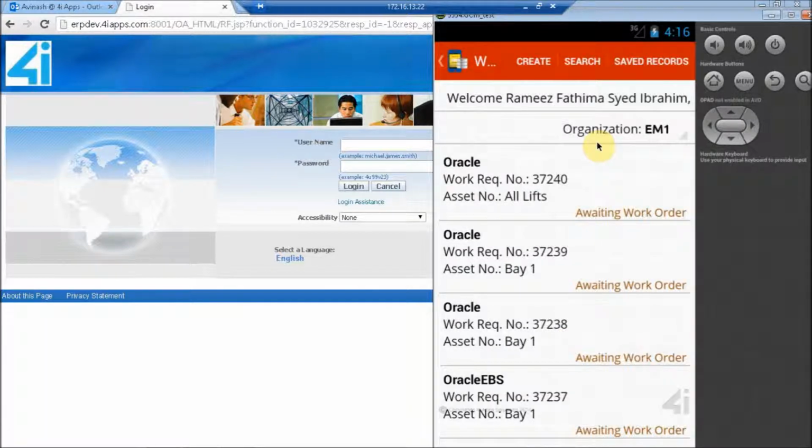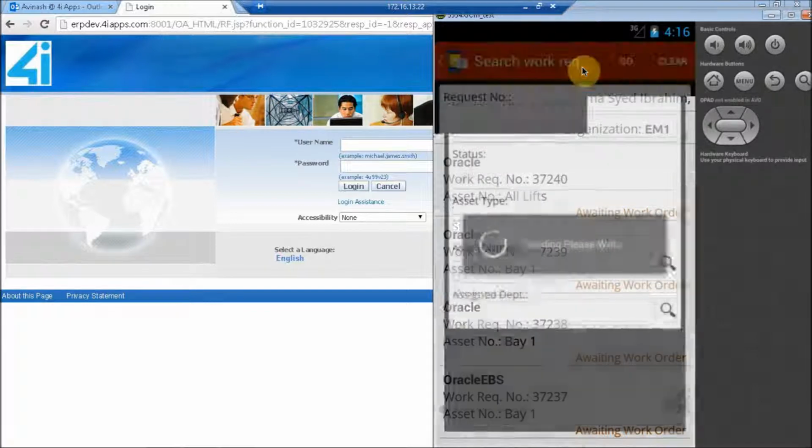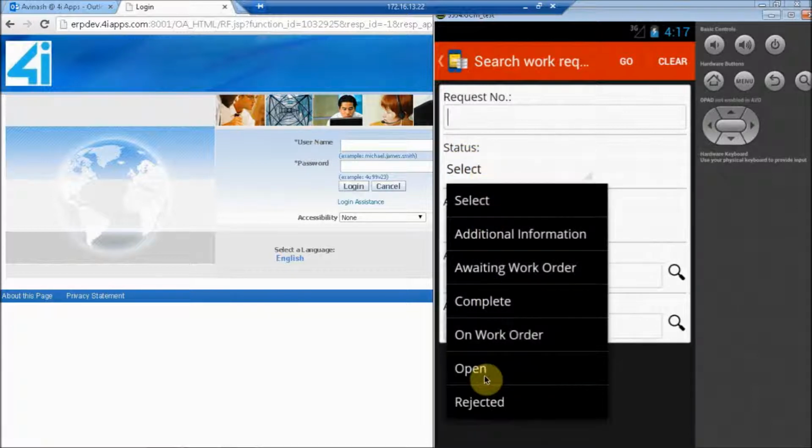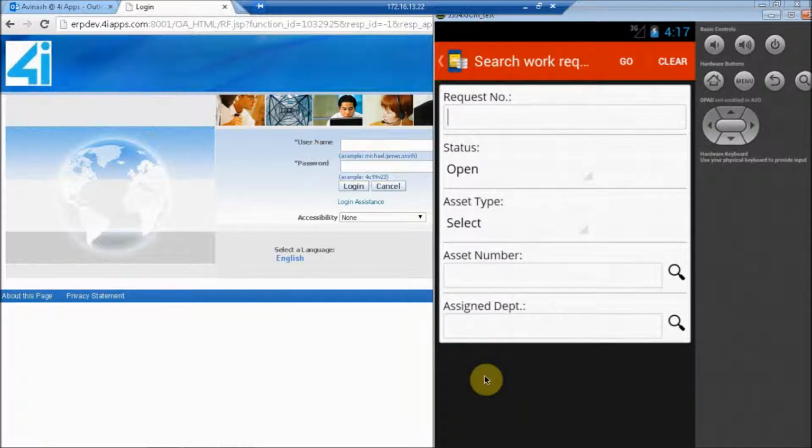We can search for a work request. I'll select only open requests here, and say go.